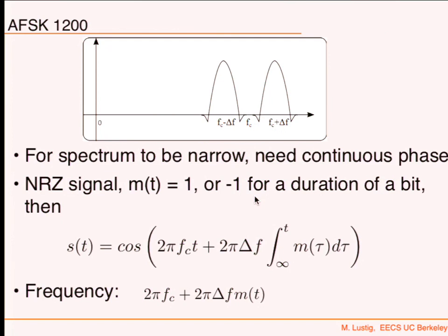That's the duration, and depending on your sampling rate, that will have a certain number of samples associated with it. So we encoded this, and the frequency is the derivative of the phase: 2 pi fc plus 2 pi delta f m of t, which makes sense. But you'll have to build it that way. You cannot just concatenate pieces of frequencies one after the other, because they'll have discontinuous phase, okay? Which will be terrible for the